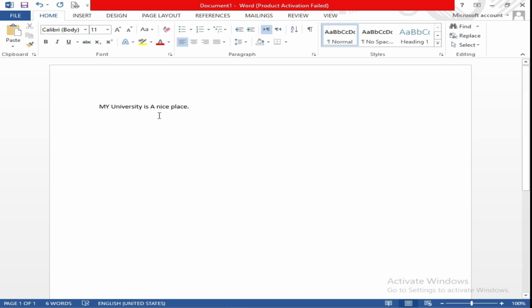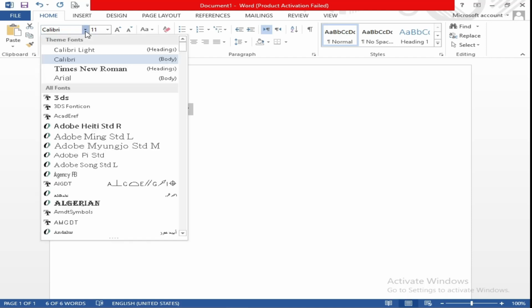For example, if you want to change the text style, you can see here Calibri, it is a font style. You can also press Ctrl Shift F as a shortcut key, but you can select from here, it is easy. Click on this drop down. As you can see, the most important styles for documents are Calibri and Times New Roman.